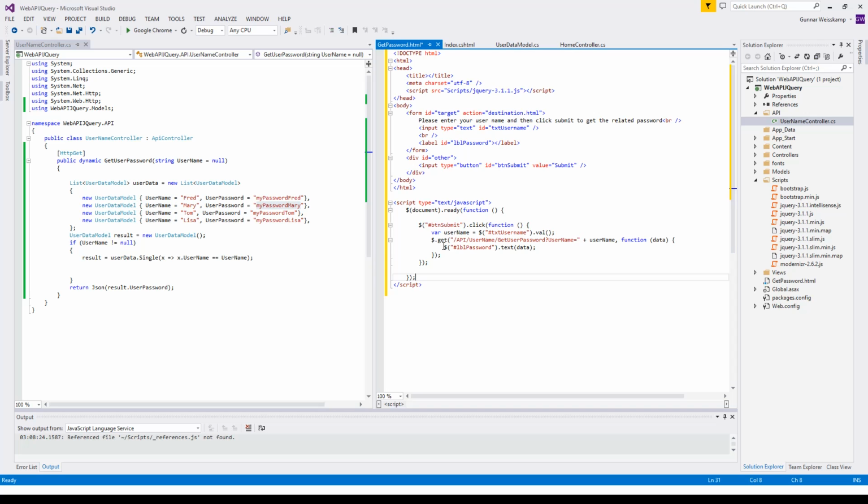And then all we're going to do is that information, which is returned, is going to be held in this variable here. And so we're going to take the information out of this variable and place it into this label here. And you do that via the text. So this label here will end up receiving the my password Mary. So if we save all that and we build it,